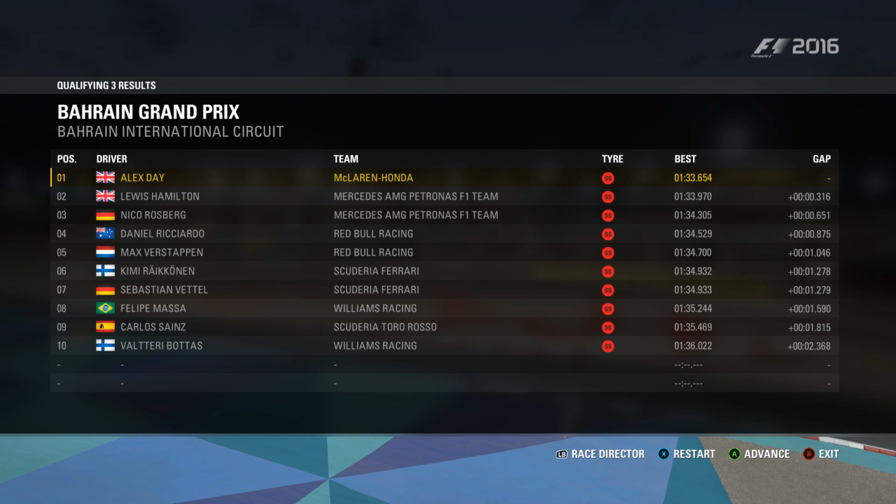So, yeah, things have gone a very different way to the way that I was expecting them. Somehow I found some magic speed, and I'm going to start on pole ahead of the two Mercedes, the two Red Bulls, the two Ferraris, the Williams, and the Toro Rosso up here as well. See, I was expecting to be around 8th or 9th place. That was where I had been maybe getting to the high 34s. That's what I've done in practice the whole time. I don't know where that speed has come from, but we are going to be on